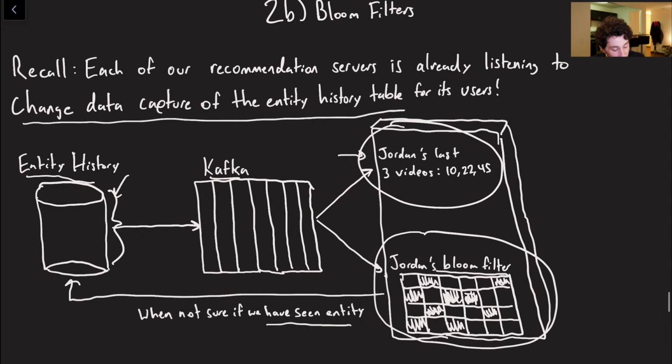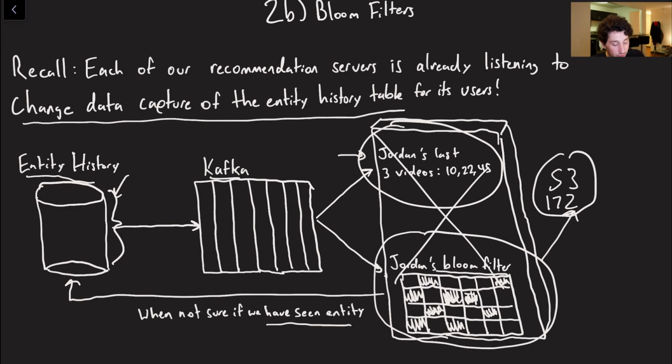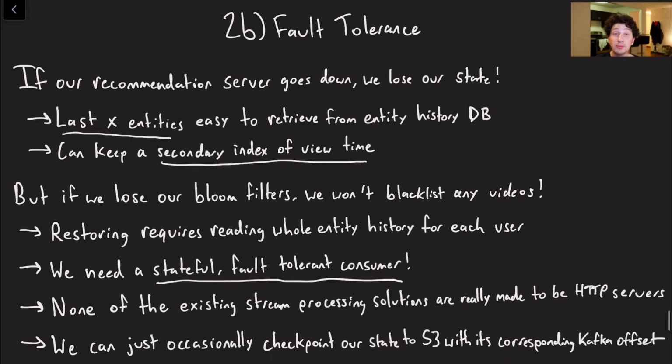However, it is effectively going to do the same exact thing that Flink does, which is every few minutes or every few seconds, we take this bloom filter, we throw it in S3, and then we also say what index of the Kafka log this corresponded to. So maybe this was S3 at index 172. And so now if this guy goes down and another recommendation server comes up, it loads the data from S3 and then it starts reading from offset 172 onwards in Kafka,